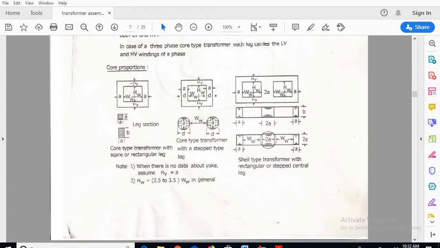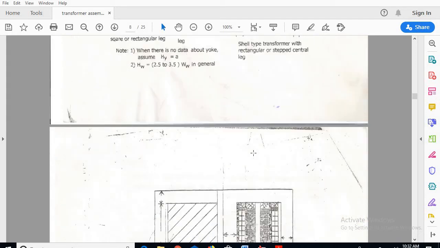Similarly, when we go for calculating the height of the window, width of the window, height of the yoke and width of the yoke, the width of the yoke we will get as A itself. Based on this, the calculations are already well known from our electrical machine design.